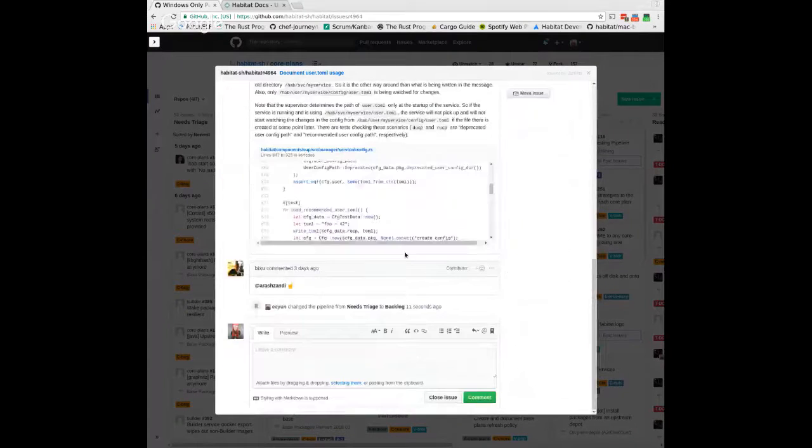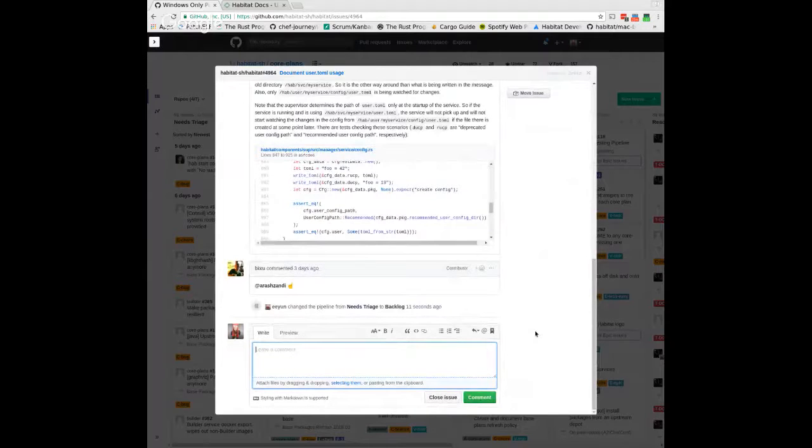Yeah, I think that's the bigger issue. That config directory isn't really meant to add random stuff into it, right? It's prescribed based on how the package is laid out. So it's not that somebody forgot to put user toml inside of config. That was designed that way, and I don't understand the reasoning why it was put inside of config. There's a comment here that says that work was done for this commit, but